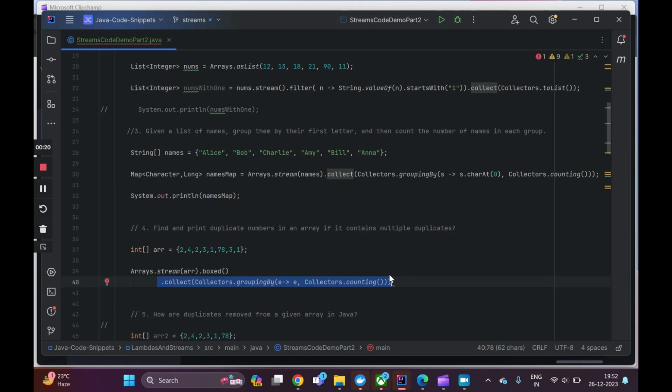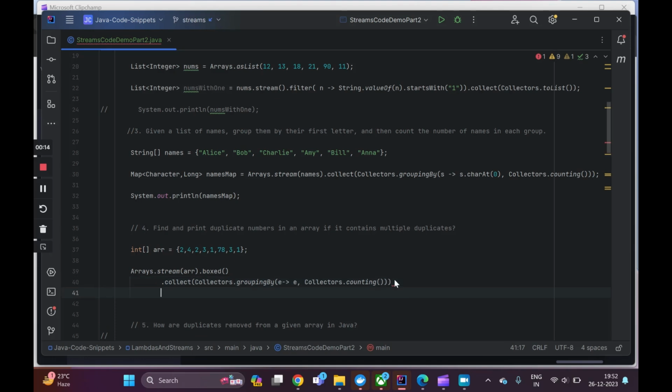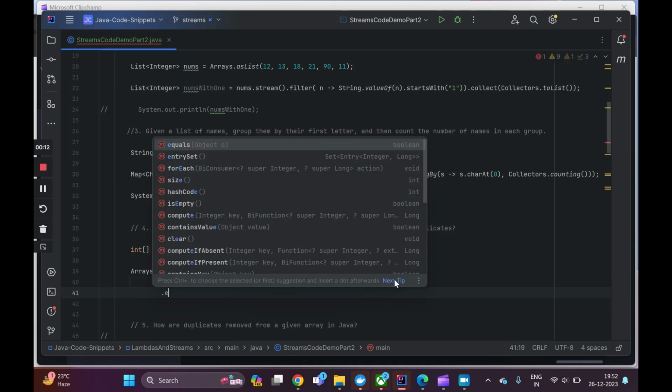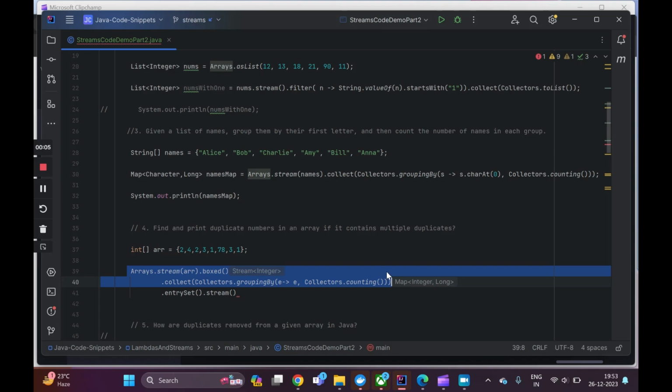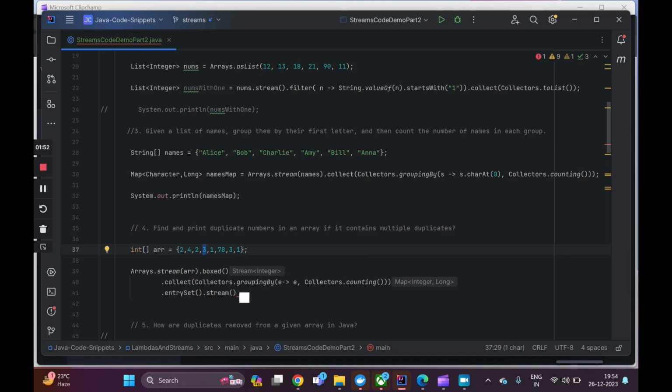Now on this map, we have to find out whether these are duplicate or not. So from a map, we have to do some iteration. How do we do the iteration? We use entrySet. After entrySet, we have to stream it. Try to understand this part. This much is giving you the map of Integer and Long. What is the Integer? Here we have the number, the number 2. What is Long? The count of the number 2. The count of the number 2 in this data set is 2. So we got a map, and now we are